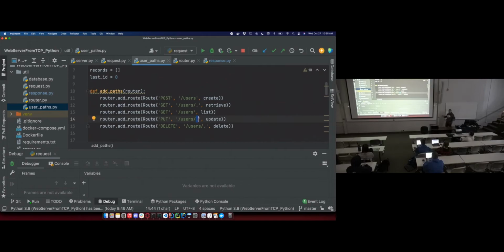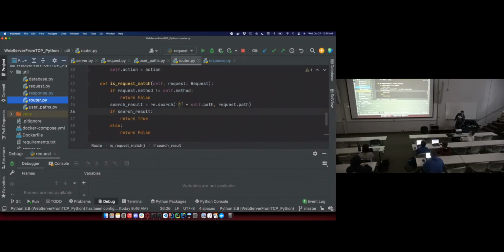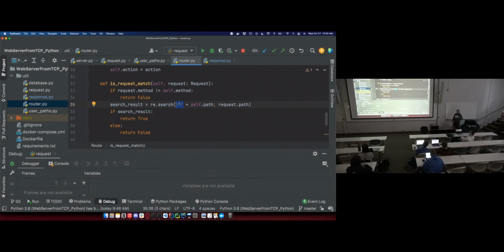I don't care what that is, but there has to be something after the slash. So I'm going to use regex syntax here. And then when I add these to my router, I'm going to check. This is regex to say starts with. So I'm going to make sure that it starts with that path and matches the full regex of that path. So I'm not just doing string equality. I have to do a little bit of regex here